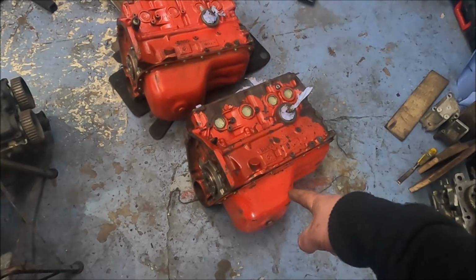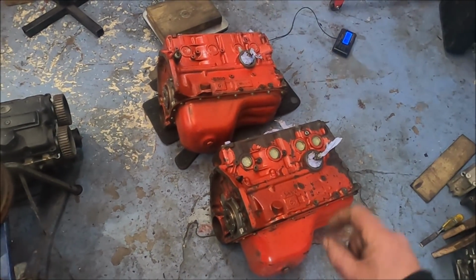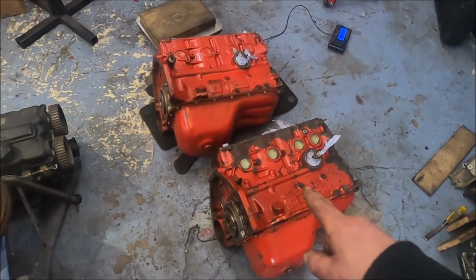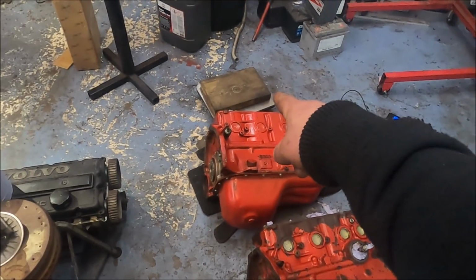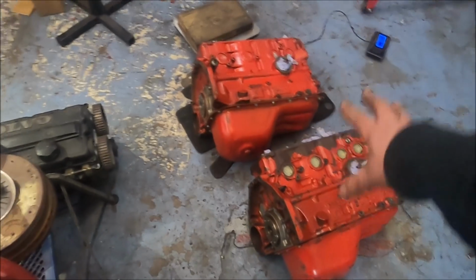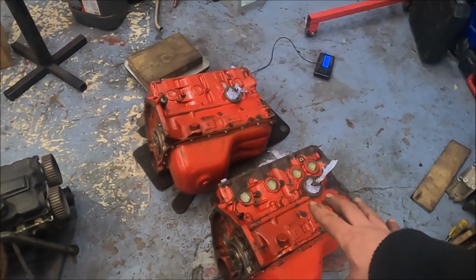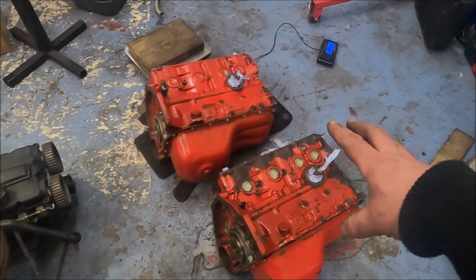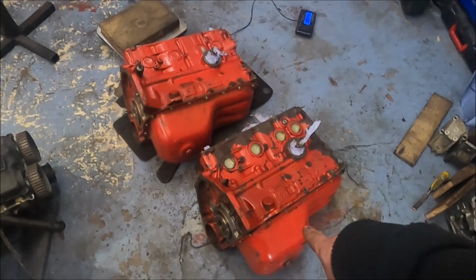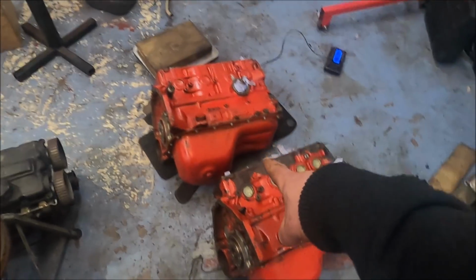So yeah, that's what we're going to do. We're going to do lots of things. I will show you all the differences. I'll get the calipers out and show you the difference in size and everything. Another thing we're going to do is check it on the scales, and we will weigh these too, because even though they're identical now in parts, they are stripped down to exactly the same components, so they should weigh the same. I've got a funny feeling this one is going to be at least a few kilos heavier than that one,